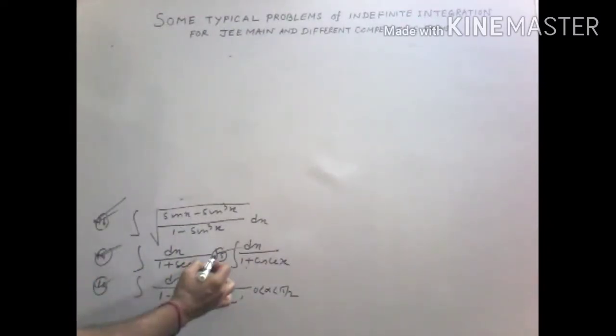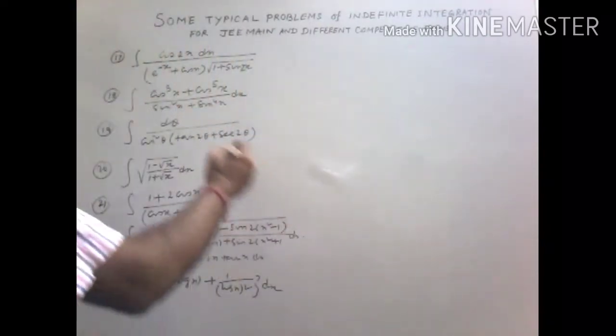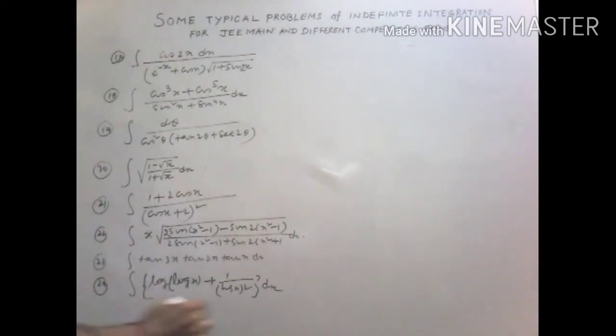Now, so sec x, cosec x, they are simple. So this is your task. So you complete it. Next set of problems. Now we consider the third set, 17, 18, 19, 20, 21 to 24.